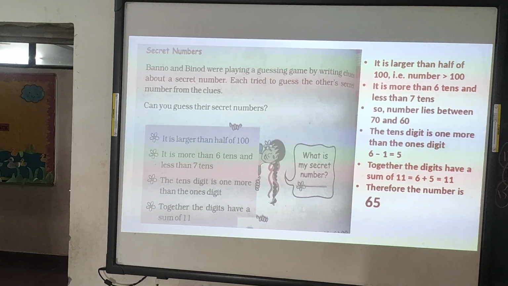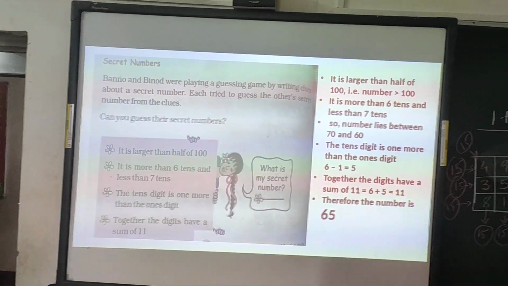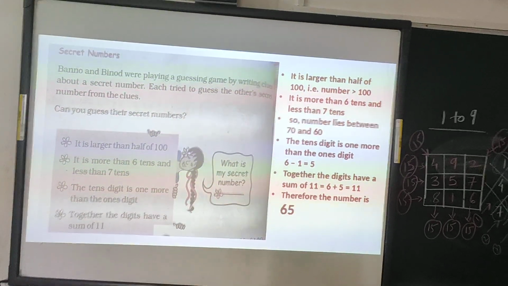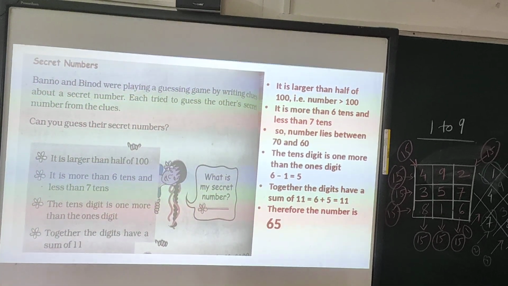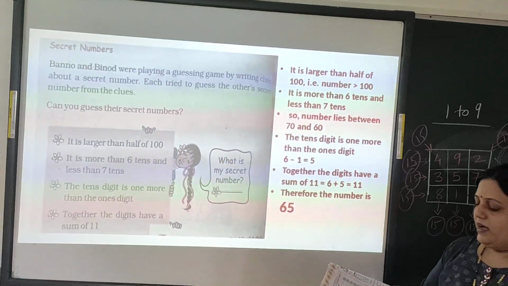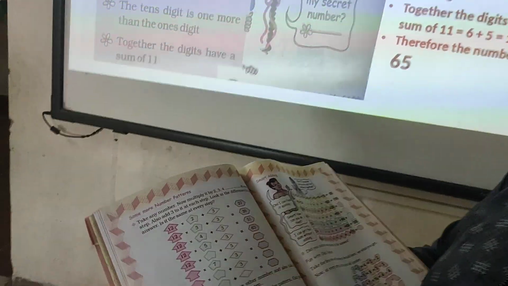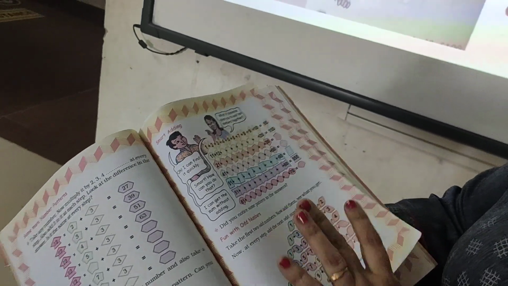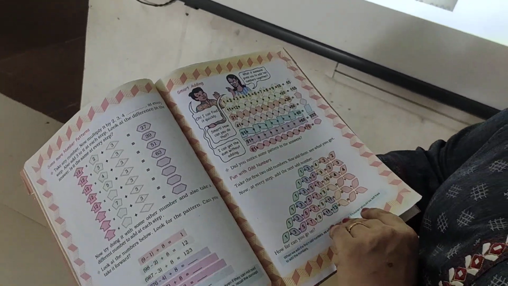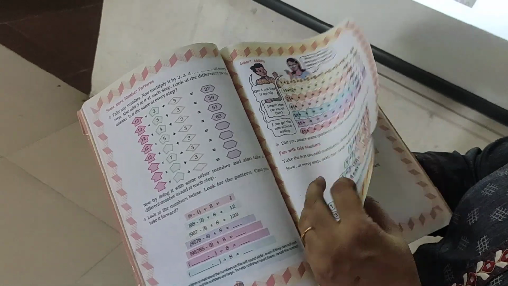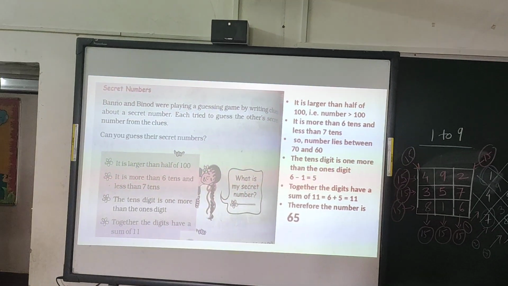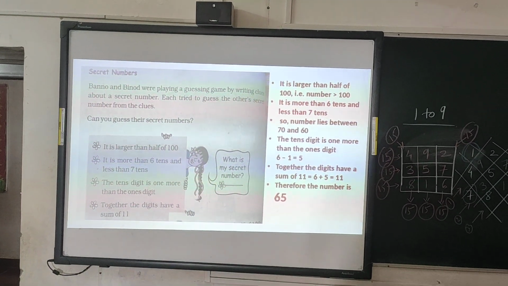Okay. Now see the next page. See children, based on this I have shown you, like that some patterns are there, 1, 2, 3, 4. These patterns you have to complete on your own in the textbook, and whenever I send the worksheet, in the worksheet also you have to complete it. Now some secret numbers are there, that we will see in short.